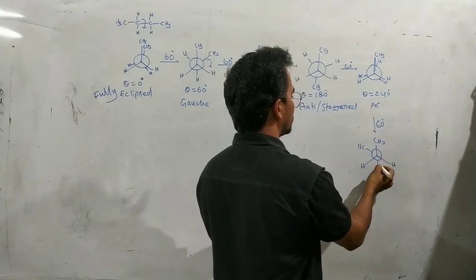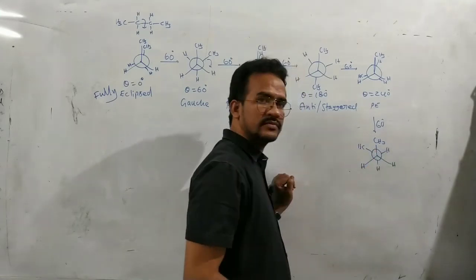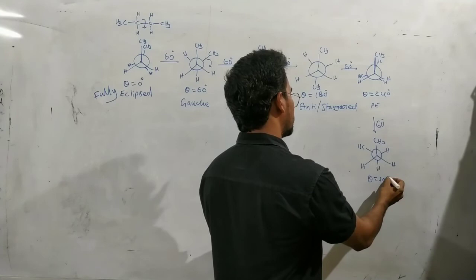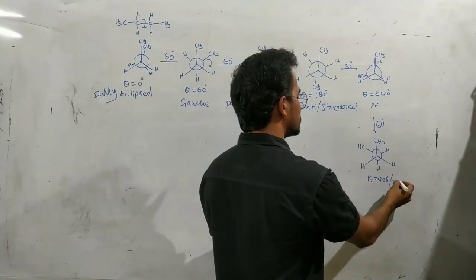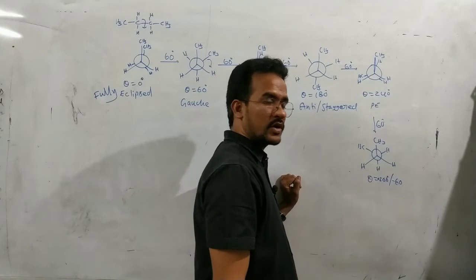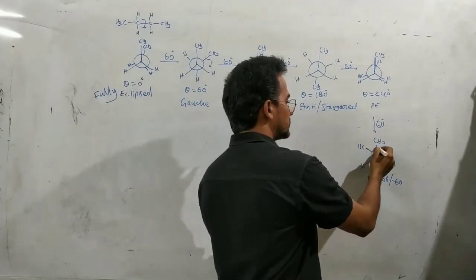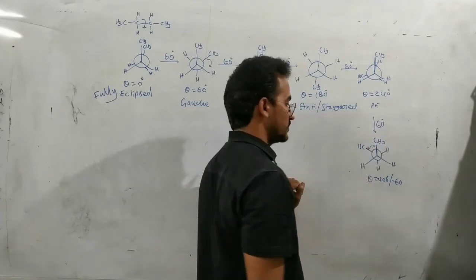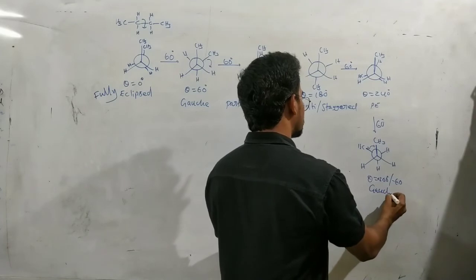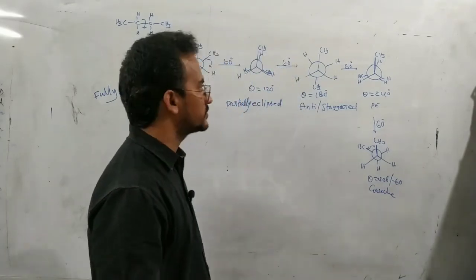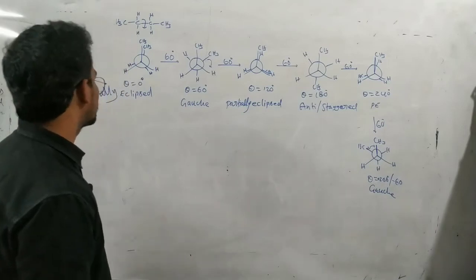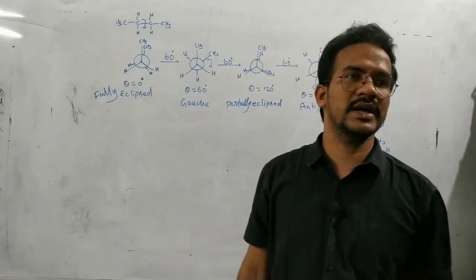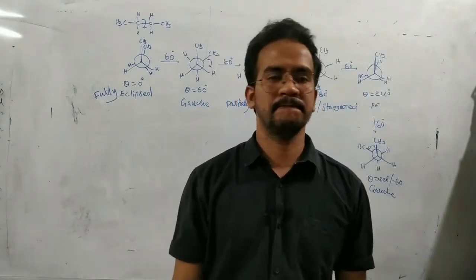Now here see this one, rotating another 60 degrees, H, this one CH3. So here CH3, this is a hydrogen, this is a hydrogen. Okay. That means here this is again a gauche conformation, theta 300 degrees or we can say minus 60. Okay. So it is a CCH3 plane, here CCH3 plane in this direction 300 or in this direction minus 60. So it is again a gauche conformation. Okay, gauche conformation. Now you see this one. Among these different conformations, of course infinite conformations are possible, but we are studying at specific angles.